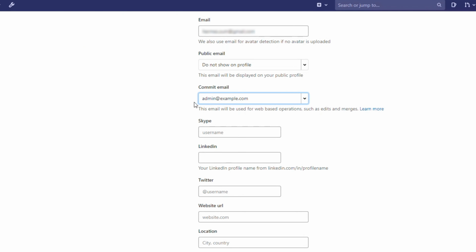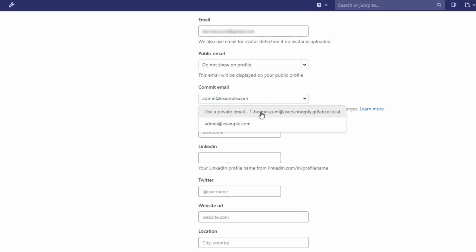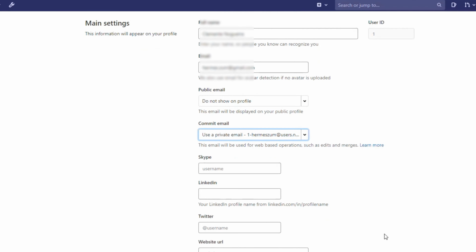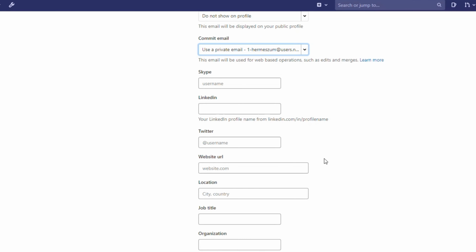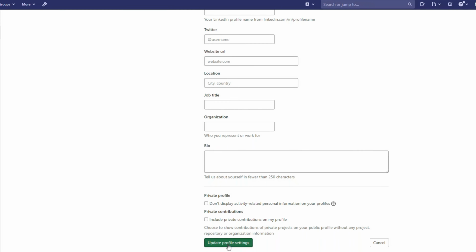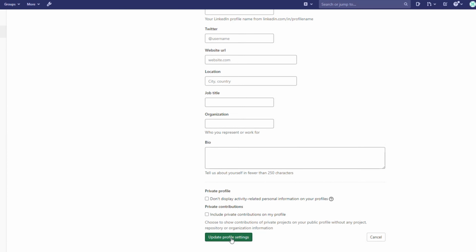We can change our commit email. We can use the private email or your email. You can add your Skype, LinkedIn, Twitter pages, add a bio, and at the bottom you can update profile settings.